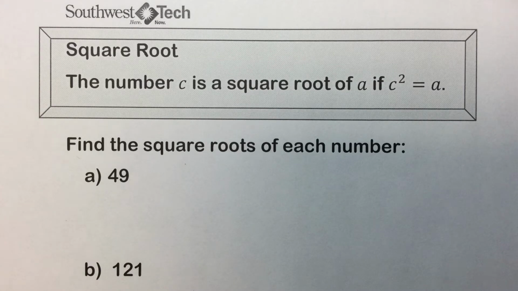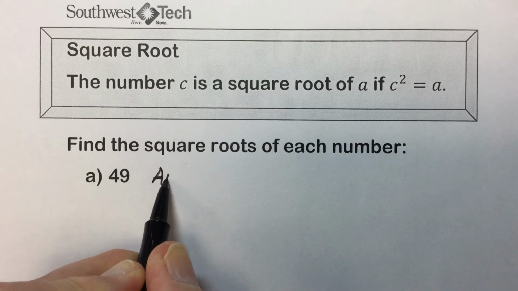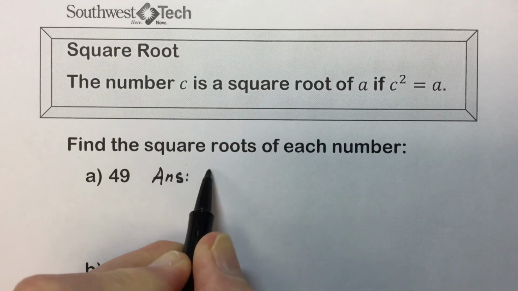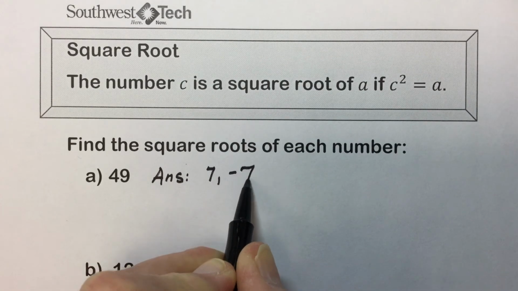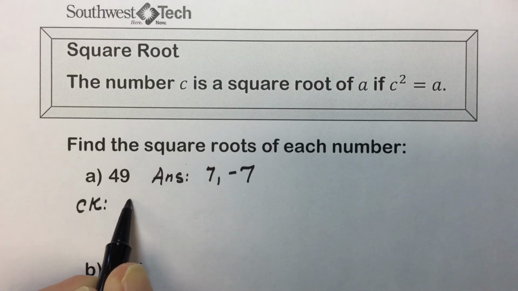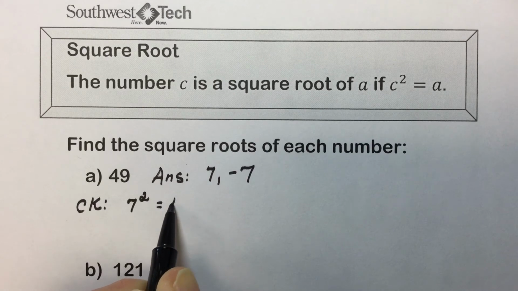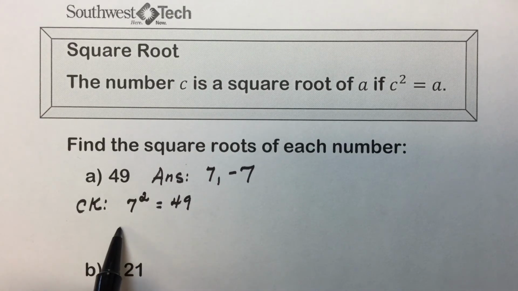Let's take a look at another example that's listed here. Find the square roots of each number. The square roots of 49 are 7 and -7. To check this, note that 7 squared, in other words, 7 times 7, is 49, and further, -7,